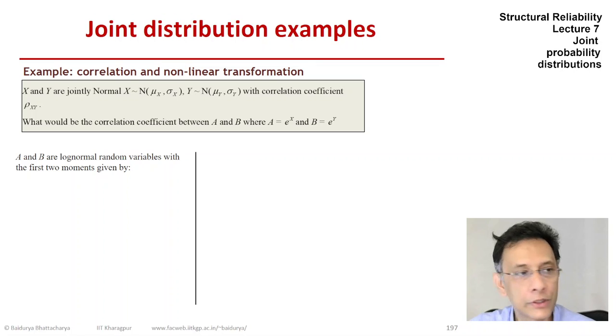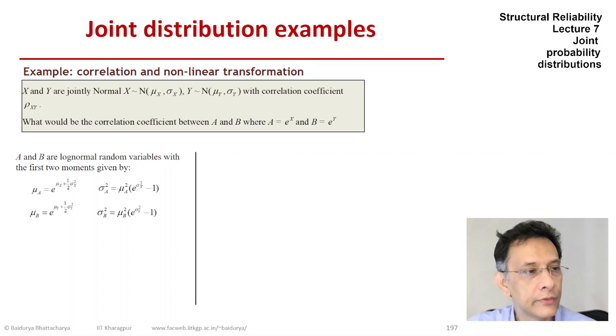And let's go through the steps. What we did was we found the mean of A and B and the variances of A and B in terms of those of x and y,